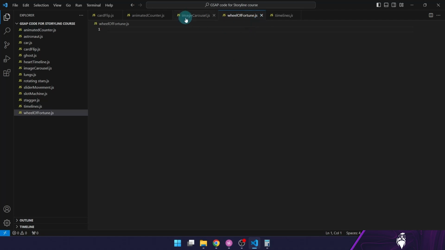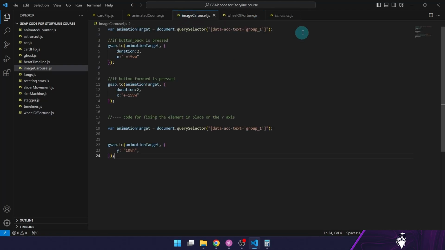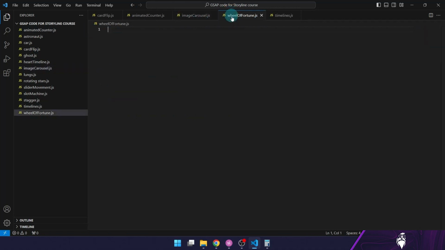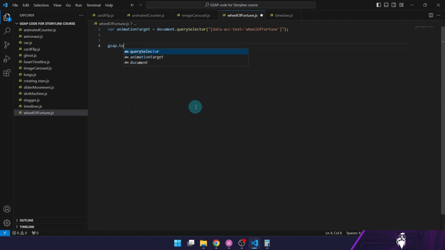And we're gonna copy from the latest, which is the image carousel. Just gonna add this Wheel of Fortune text we defined as the accessibility text. And so I'm gonna write gsap.to. Target will be our animation target, and